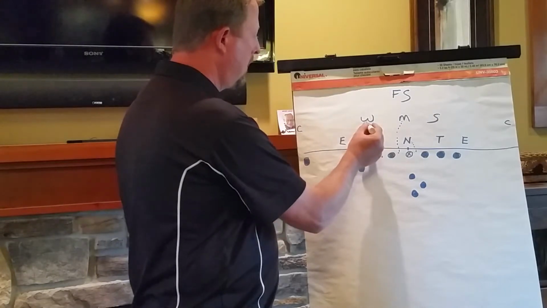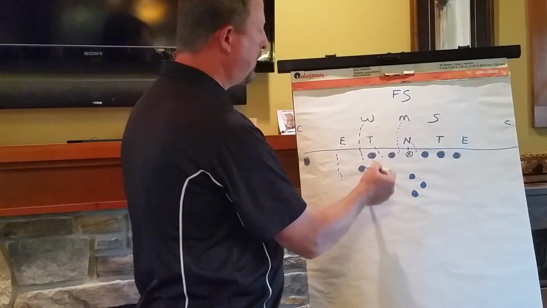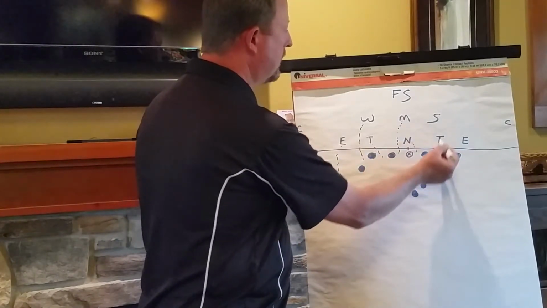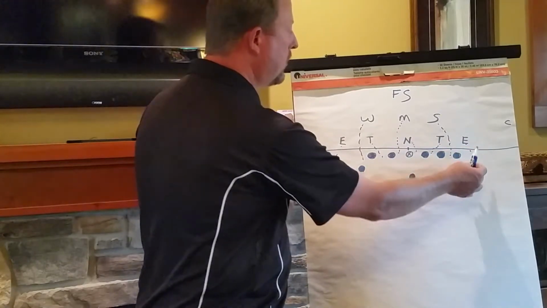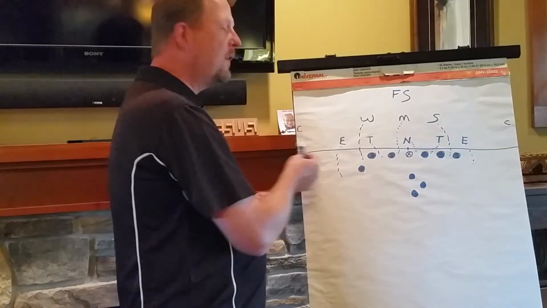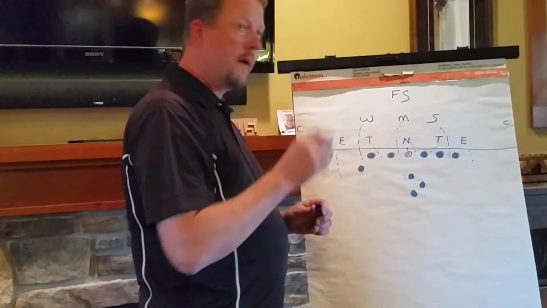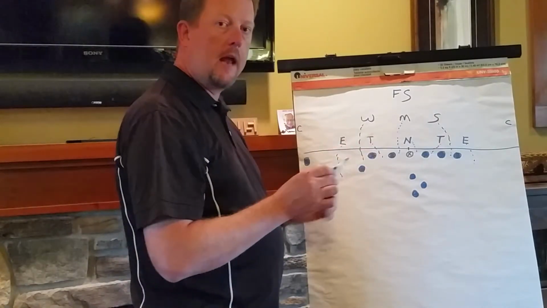It works the same thing for the Will, and the weak side goes to the outside here. If he goes to the inside, he goes to the outside. He has outside here. So now we look like we have defensive players covering from one side of the field to the next, one person deep, and hopefully they'll be able to stop any run and do what they're supposed